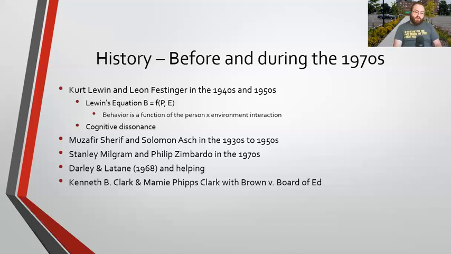Some more famous studies you might have heard of: Muzafer Sherif and Solomon Asch were doing group conformity studies in the middle of the 1900s. The Asch group conformity line judgment task is something we'll talk about later in class. Stanley Milgram's famous experiments on shock and social influence, and Philip Zimbardo's Stanford prison study, which we'll talk about later. Other psychologists were studying helping behavior: what personality traits and what environmental influences lead someone to be more likely to help others.